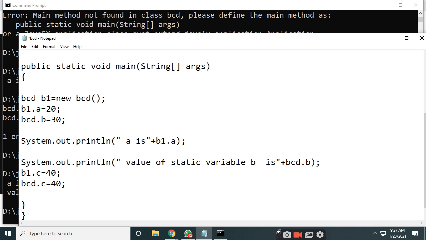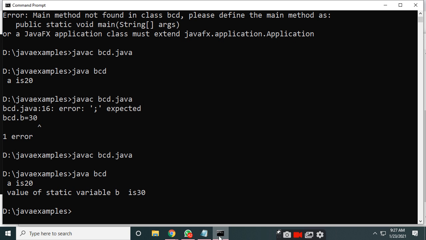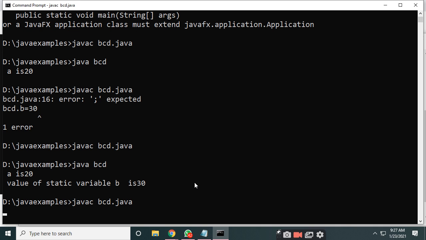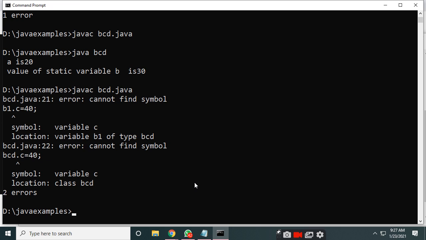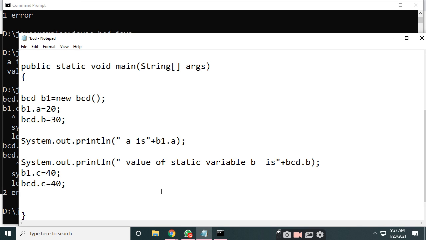So we are trying to access that value using the object of the class as well as through the class name as we access the static variables. We will get the error once we run this program, because the c variable is defined inside the function fun, so it cannot find the symbol c. So you will get the error because it is available only to the function for which it is defined.